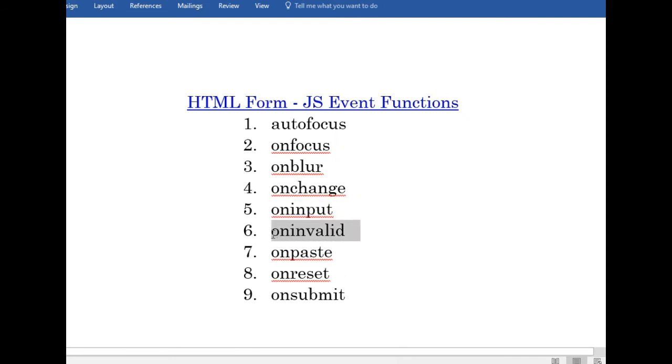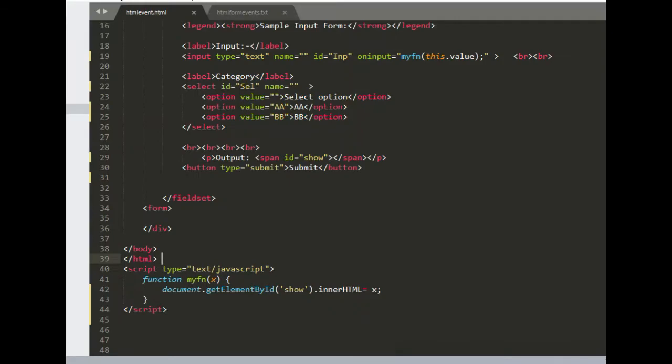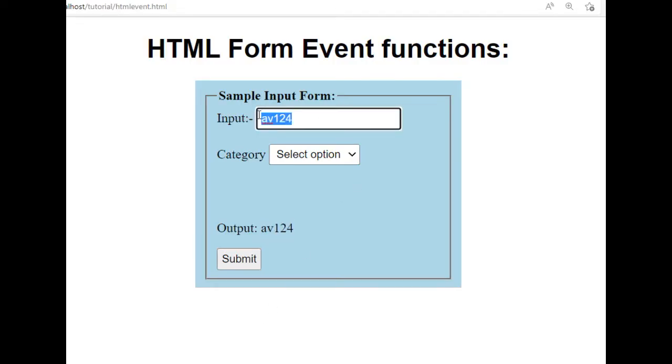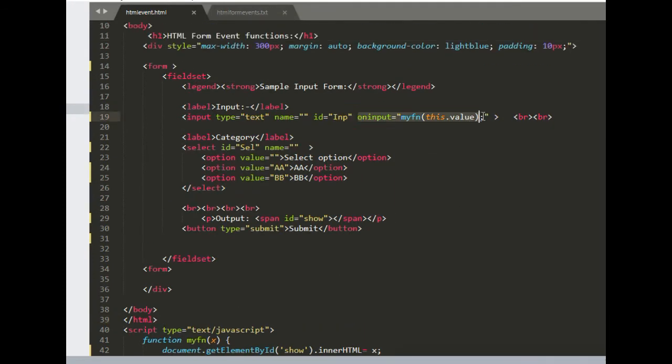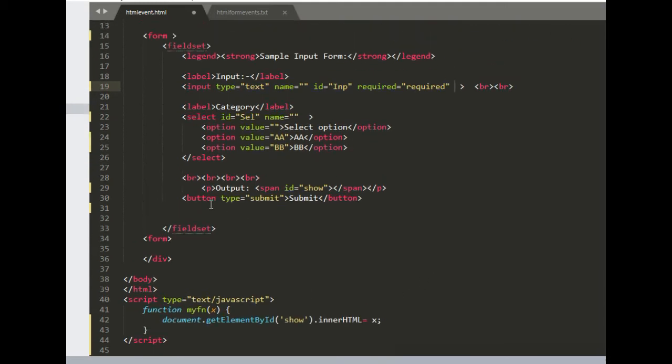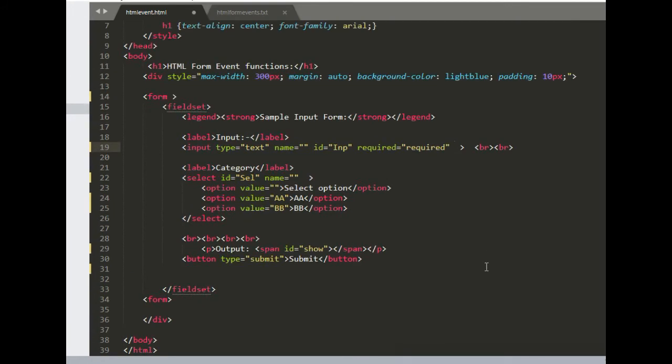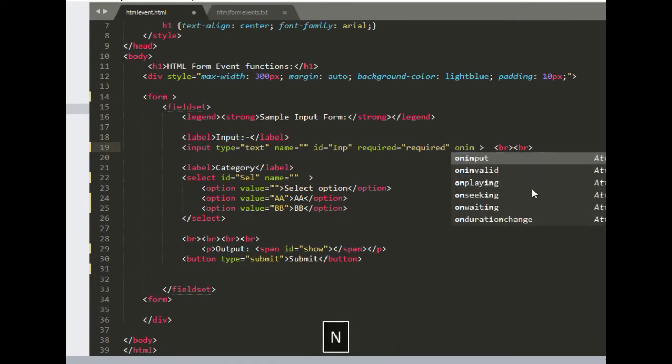Then is on invalid. Means suppose in your input field, if you have given some condition and it is not valid and you are submitting the form, then it will use this function invalid. Okay, so say we are writing this input field is required. Okay, required field, but if the user wants to submit an empty field without the required input, then it will give some message. So on invalid,